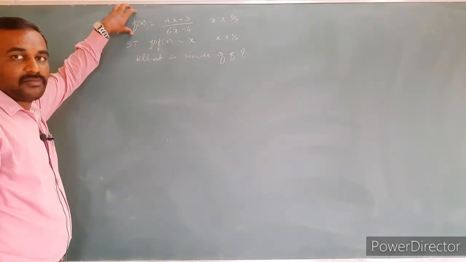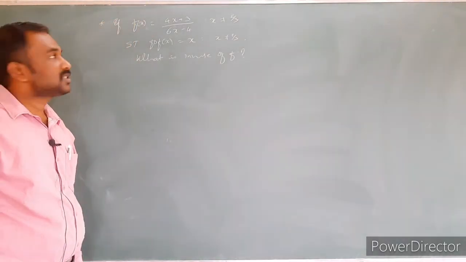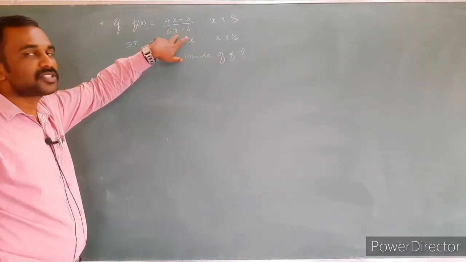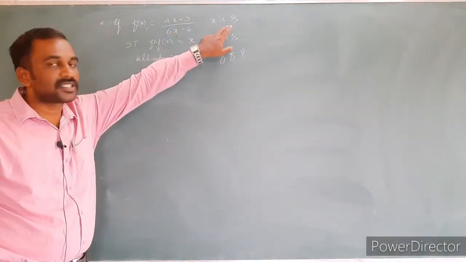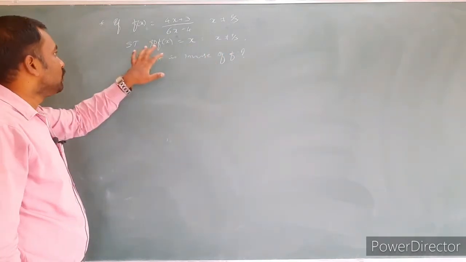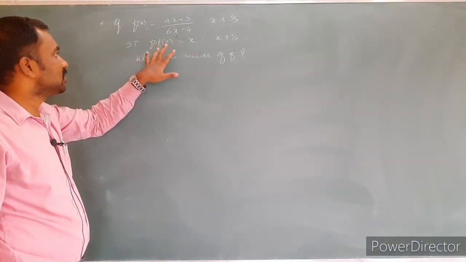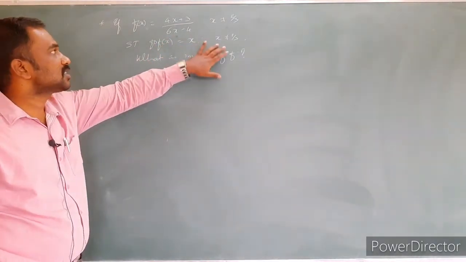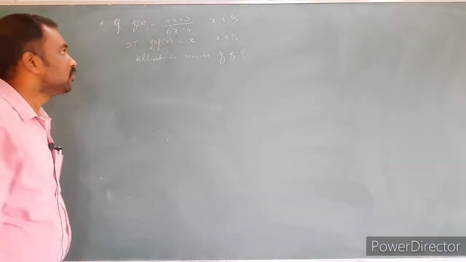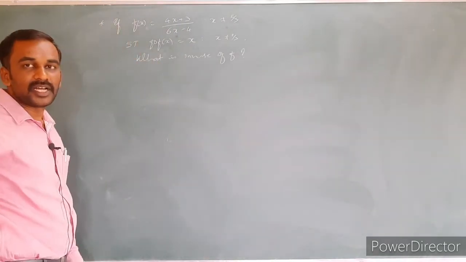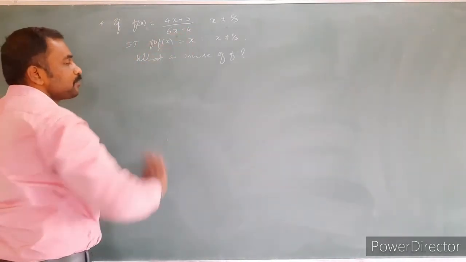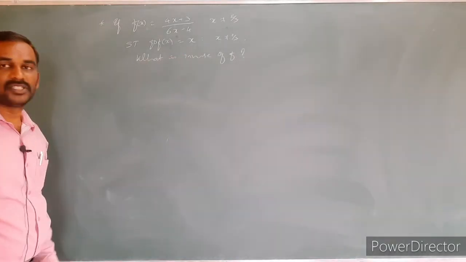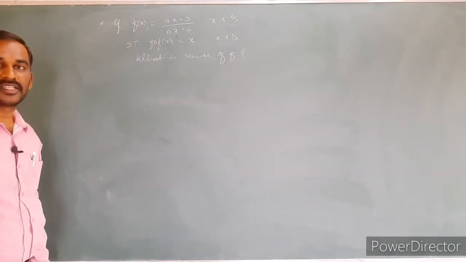The function is defined as f of x is equal to 4x plus 3 divided by 6x minus 4, provided that x is not equal to 2 by 3. What is the domain of this function? All the real numbers except 2 by 3. We need to show that f composition f is equal to x. This x must be present in the domain set. Domain and codomain are the same, the set of real numbers except 2 by 3. What is the inverse of the function? By the composition we can easily get it.